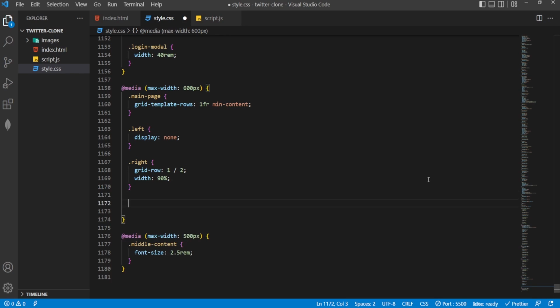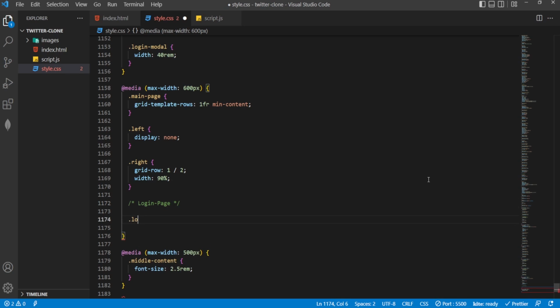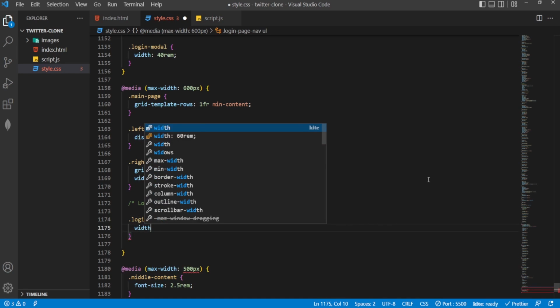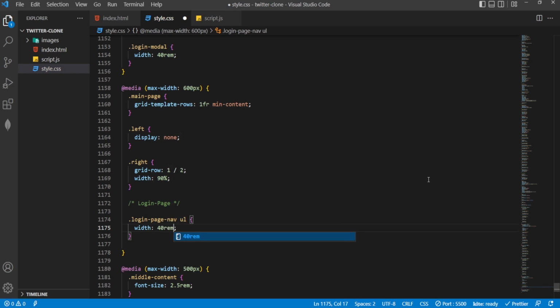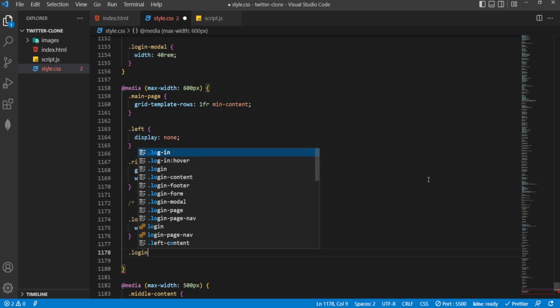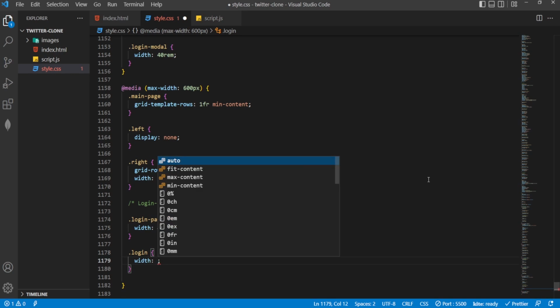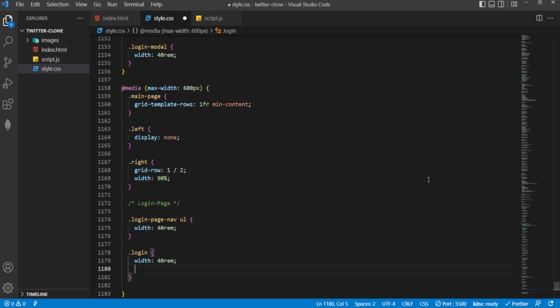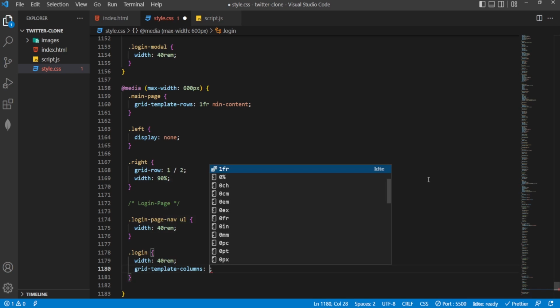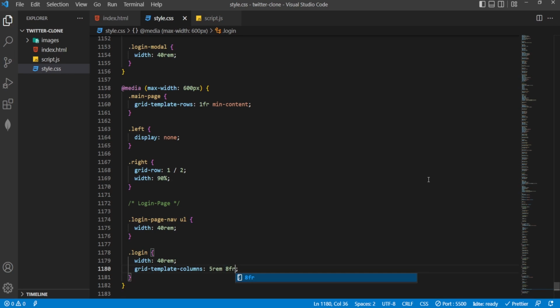So just comment out login page, and then select the nav list, and change the width to 40 rem, and then select the login and change the width to 40 rem, and then define the grid template columns, and then give the value 5 rem and 8 fractional unit, and then select the label